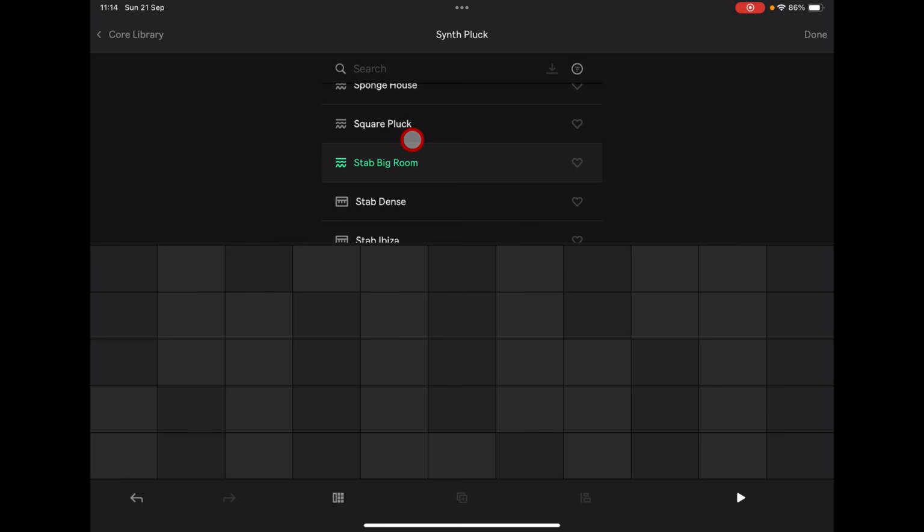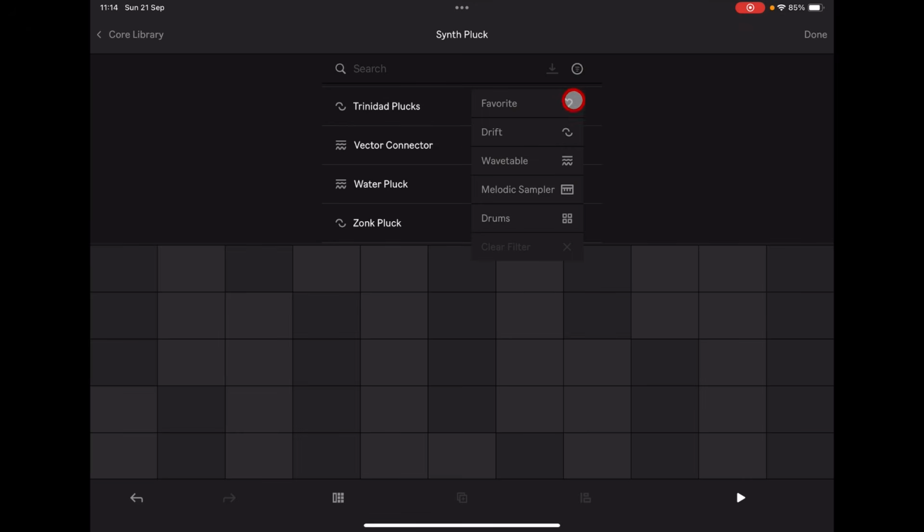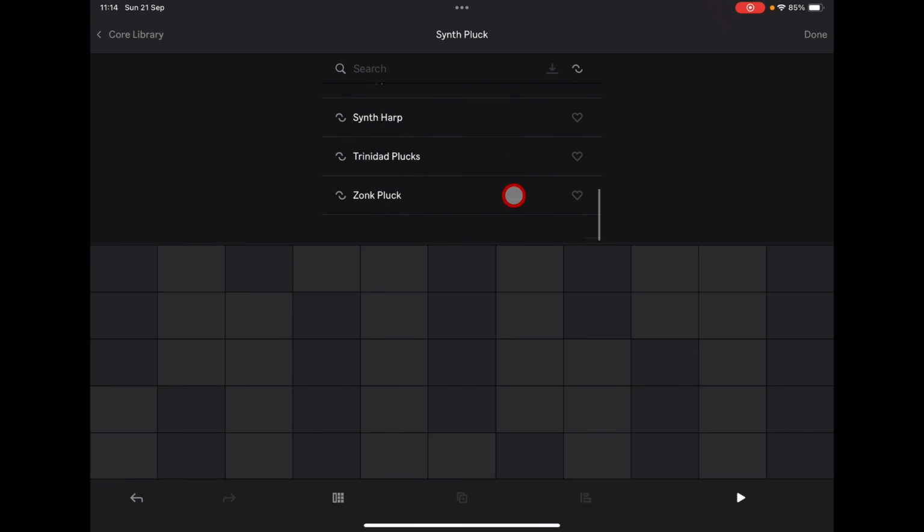Let's add in another project, and you'll see that once we do this, you'll get a list of stuff. This icon here is Drift. If we click on this, you'll see the Drift synth is there, wavetable, melodic sampler, drums. If we click on Drift, this is all the Drift presets in this particular synth category. If I click on this,